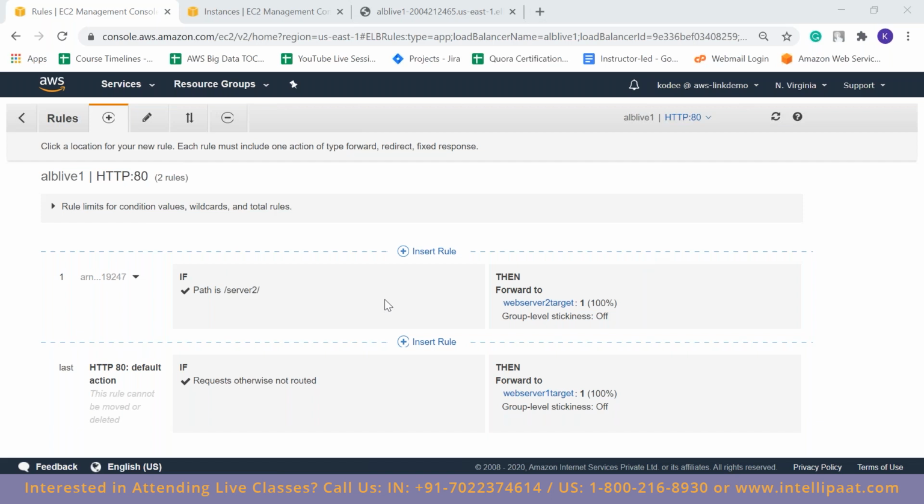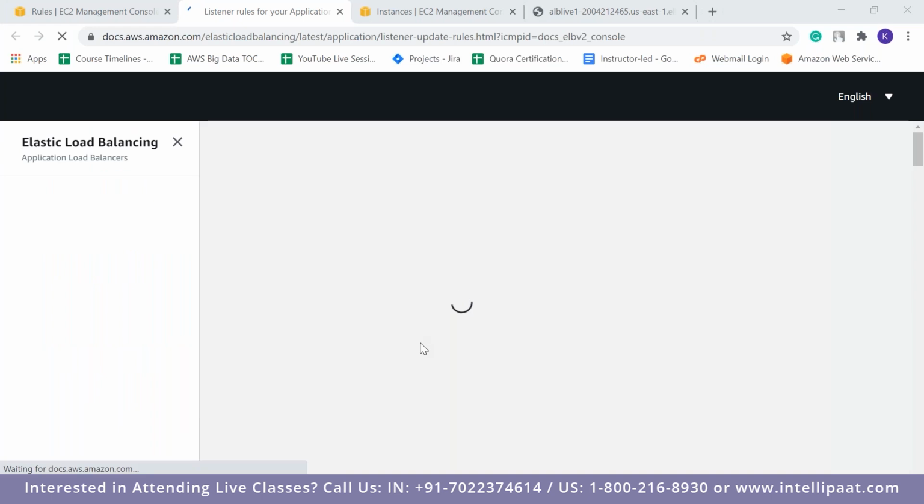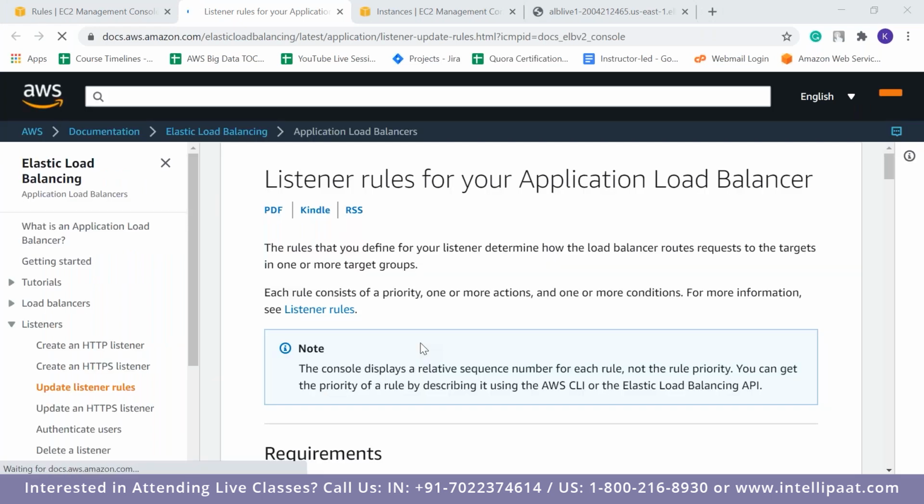Is there any limit to add rules? I think there is a limit, which is I think 1,000 rules. You can check that out over here. Let me just go over here anyway. Multiple users are using the application. If load is high, how can we reduce it? If the load is high, you will not be able to reduce it. You can use auto scaling to increase the number of servers to handle your application.